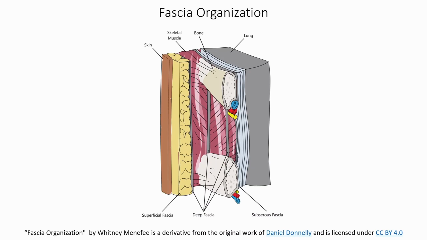So in order, superficial fascia is the connective tissue closest to the surface. Deep fascia is the fascia around muscle and bone. And subserous is underneath a serous membrane, which is up against an organ, like up against a gland,